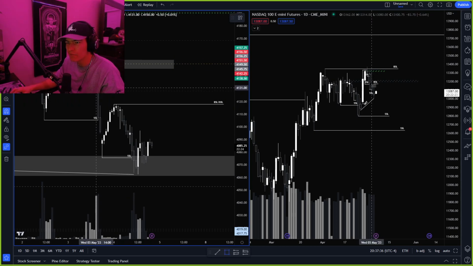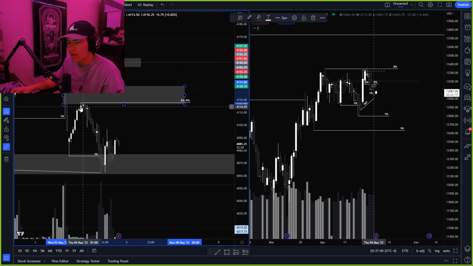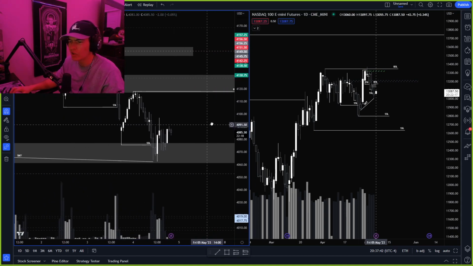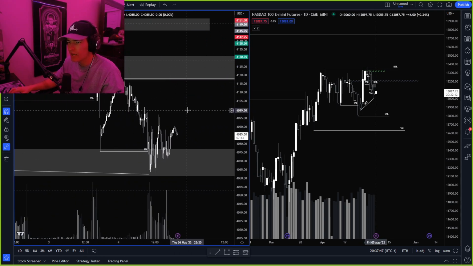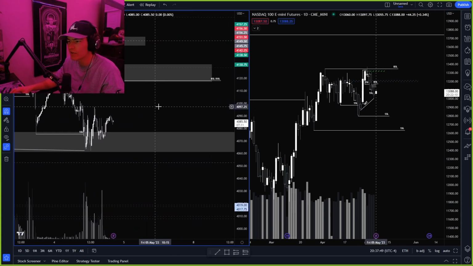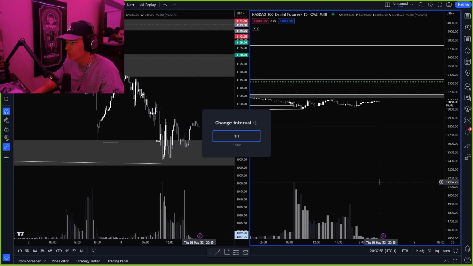Because we do have a 1 hour fair value gap here. We'll see if we continue to reject this level. I would like to see if we can catch a long trade to target that level. And then once we sweep that high, we'll see if there is a short setup targeting back down near sell side. Looking at NQ,